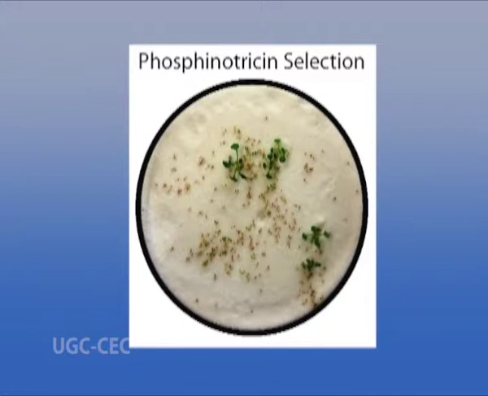When glutamine synthetase is inhibited, ammonia accumulation and an associated disruption of chloroplast structure occurs, leading to photosynthesis inhibition and death of plant cells. Hence, on using the PAT gene as a marker, only those plants survive in phosphinothricin supplemented media which have the transformed DNA supported with the PAT gene.